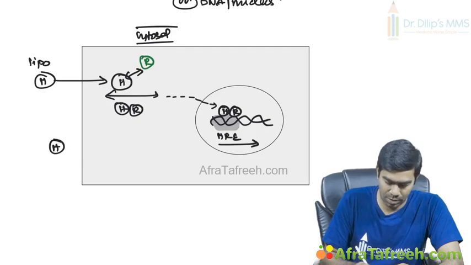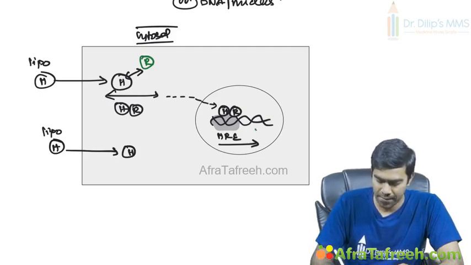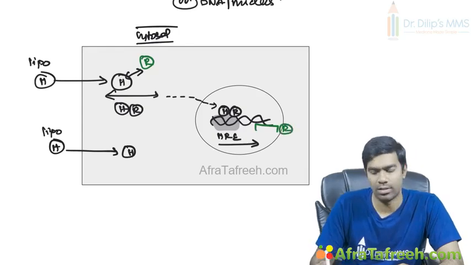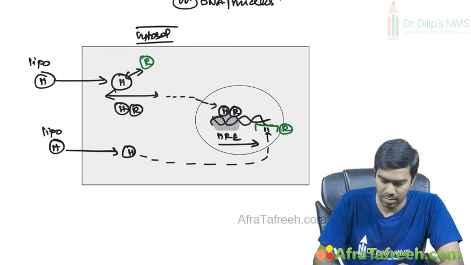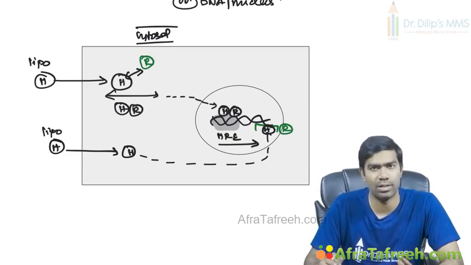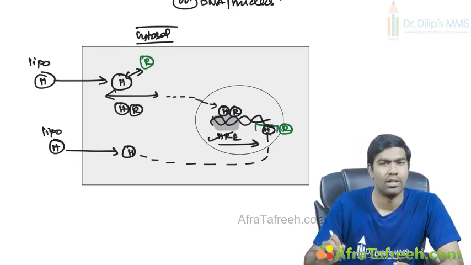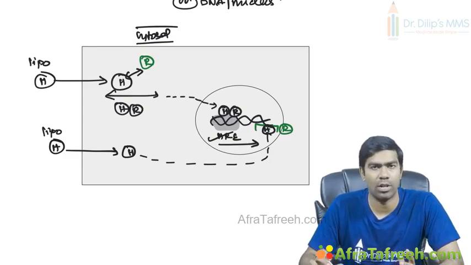Typically, you have lipophilic hormone which may not have any receptor in the cytosol. Instead, they might have receptor in the nucleus itself, which means they directly go into the nucleus and bind with the receptor, and they form hormone receptor complex there in the nucleus itself directly, which can again act on the particular domain of the DNA, and they can accelerate or even inhibit the transcription of a particular gene, and thereby altering the expression of a gene.